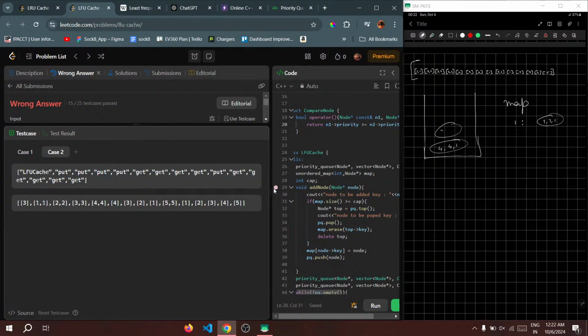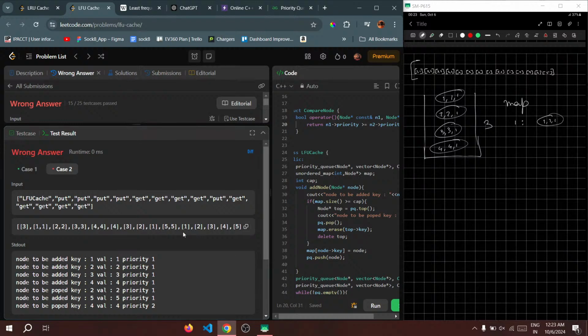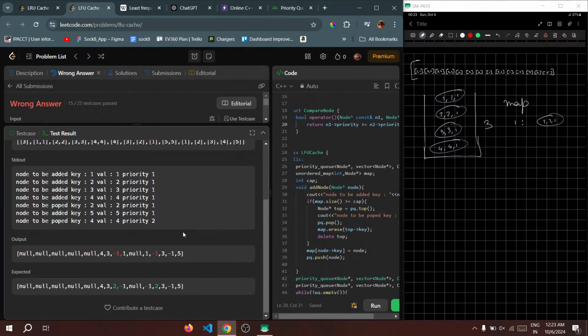4 4 1. 3 3 1. 2 2 1. 1 1 1. फर्स्ट क्लास चलेगा. अभी मेरे को क्या देखना है, 4. अच्छा, कैपेसिटी इज 3 हियर, है ना. कैपेसिटी इज 3. तो द प्रॉब्लम इज डिलीट कौन सा हो रहा है. ठीक है,